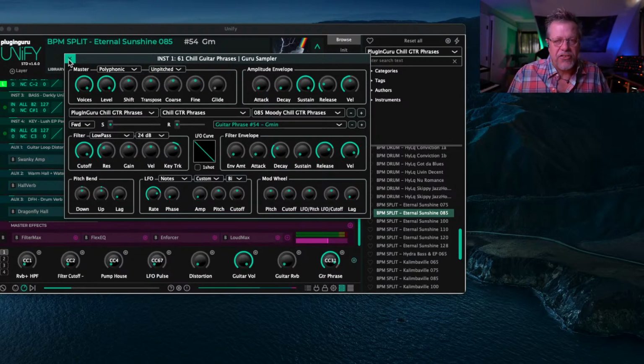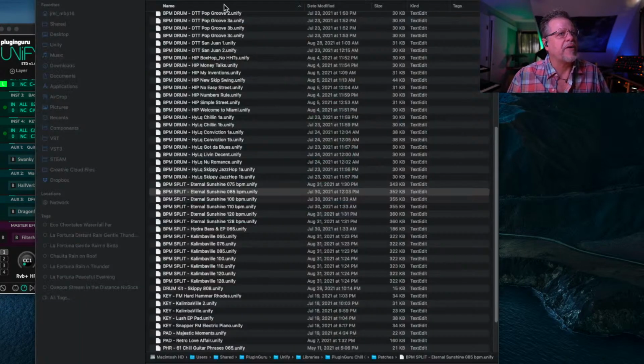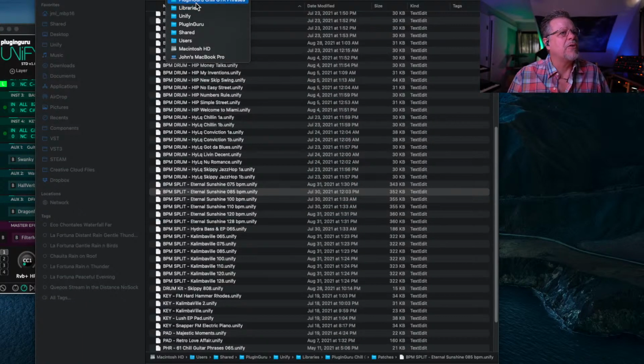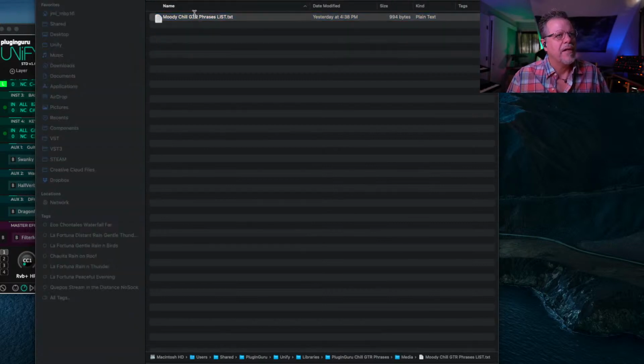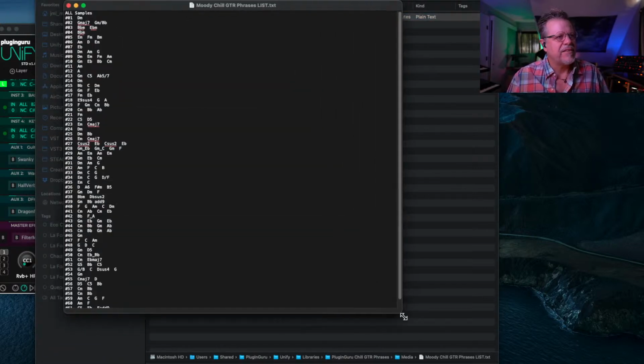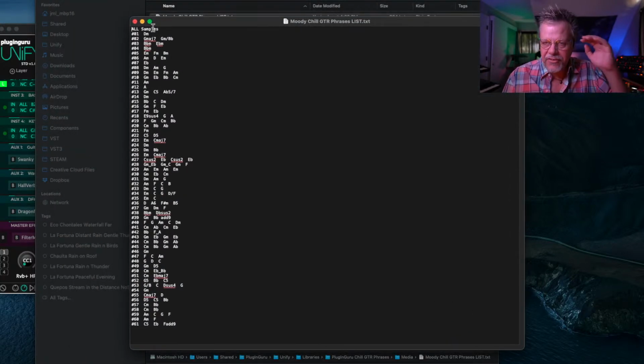So this is another example where if you go into the library and you go to the media folder, check this out, media folder, there is a text file. And in that text file, it starts with all samples because that's the first option in Guru Sampler. Below that is 61 lines that each have, and if I was to change this instead of 1, if I was to call this